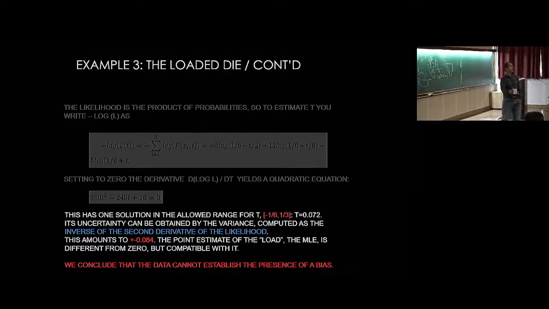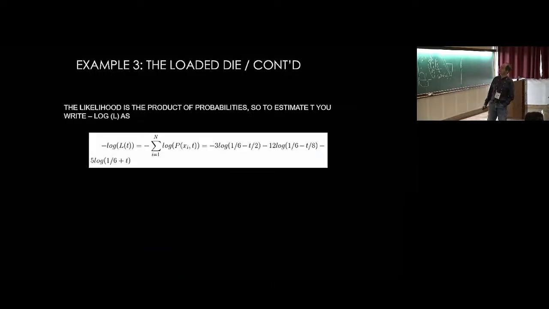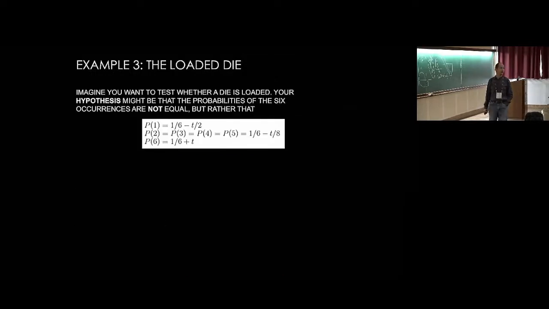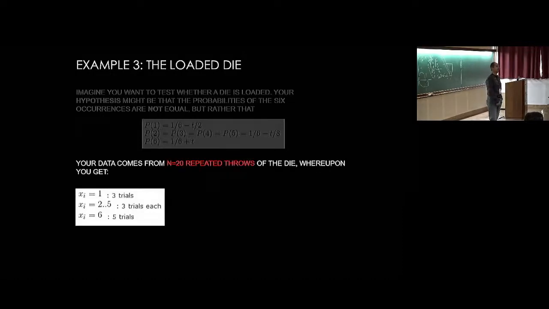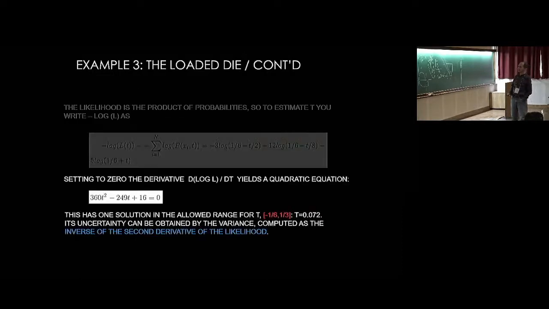But maybe if we threw the die 1,000 times, we would have been able to detect even a smaller bias, okay? So this is a simple, nice example of something that you can compute by hand. You can do this at home, but you can also do it on some other example. I will have another example later on. But the point is that you should do it once in your lifetime, okay? Solve a problem by maximum likelihood with paper and pencil. If it is continuous distributions, it's complicated, but if you have discrete distributions, like this, it's actually not so hard.